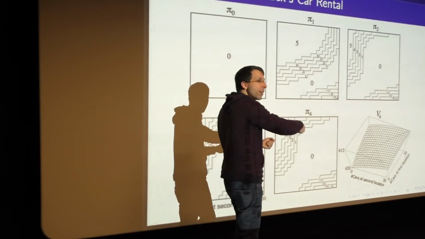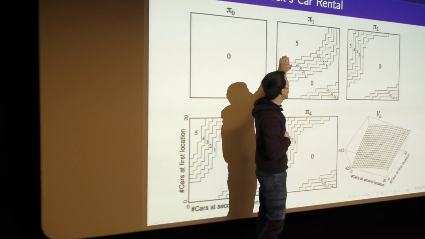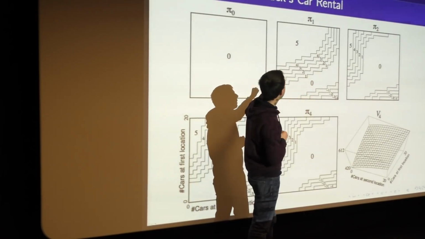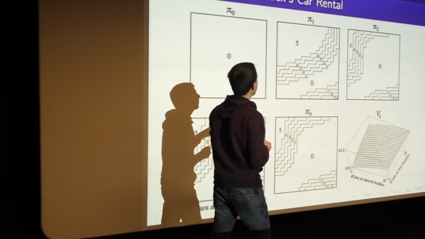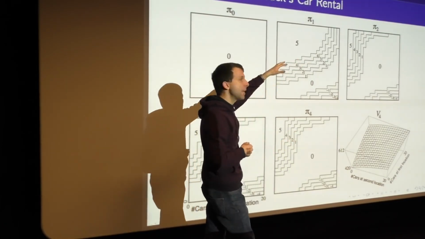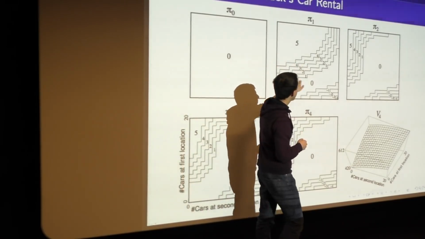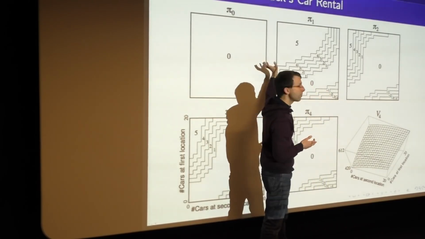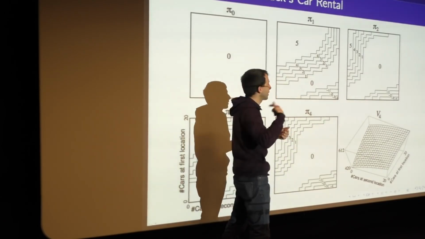So I do a one-step look ahead, take the action which looks best according to my current value function, and that gives me a new policy. We see that immediately after one iteration we gain some information. On the whole, we think we should be shifting around 5 cars from location A to B quite often, and sometimes we should be shifting cars back again, -1, -2, -3, -4, but most of the time we should be shifting to the location with fewer cars. We've already figured that out, the one that gets fewer cars